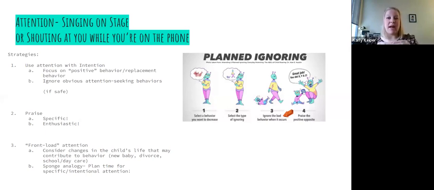And it's kind of like a sponge, right? A dry sponge is maybe the child that hasn't received enough attention. So they're going to seek water wherever they can find it, any drop. And that might lead to the inappropriate maladaptive behavior. But if you are giving very intentional time to your child, it's like wetting the sponge, right? Putting it in a bowl full of water. It sucks up all that water and it doesn't need to seek out anymore. It feels full.